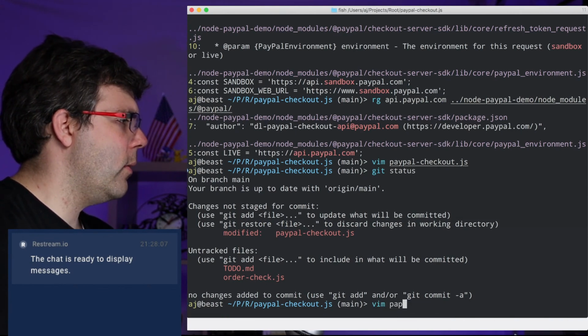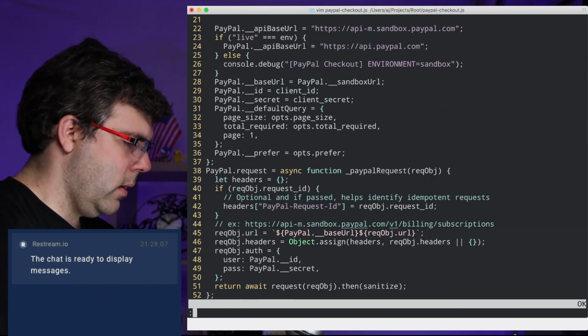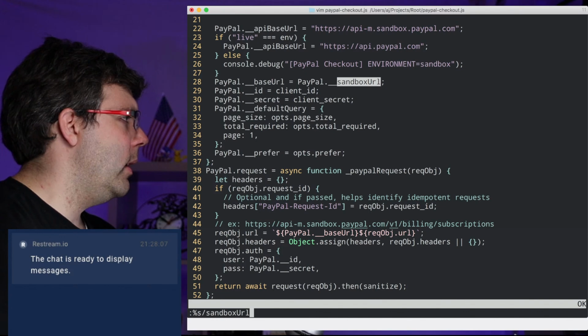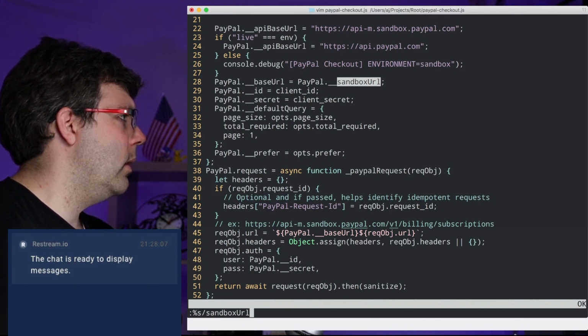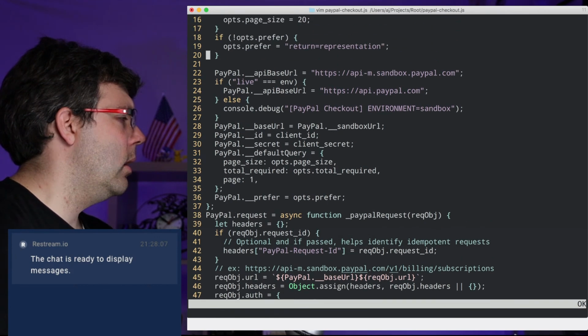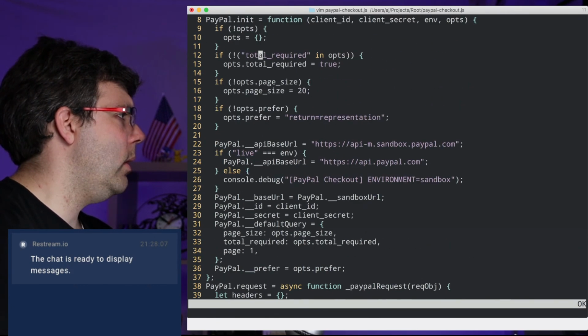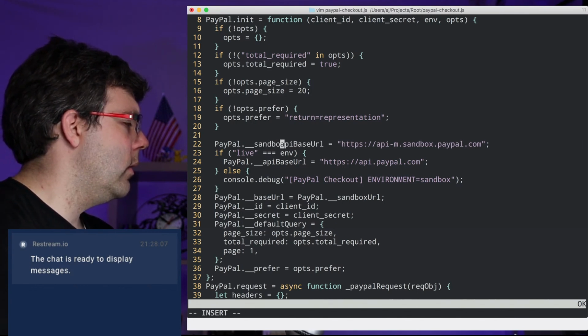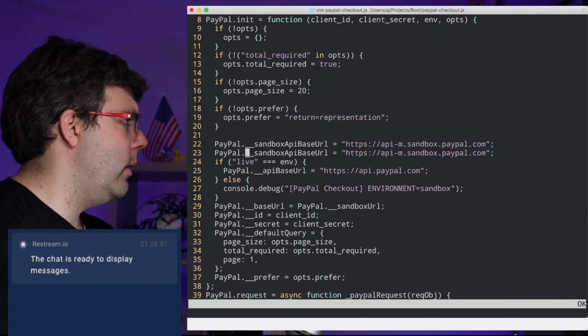Oh, and then I need to, of course, update all the other URLs. So wherever it says sandbox URL, I need to replace that with... Oh, you know what? No, I like this. This was right before. So this should be sandbox API base URL, and this one should be live API base URL,